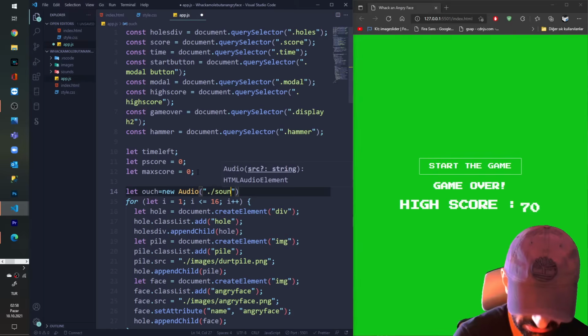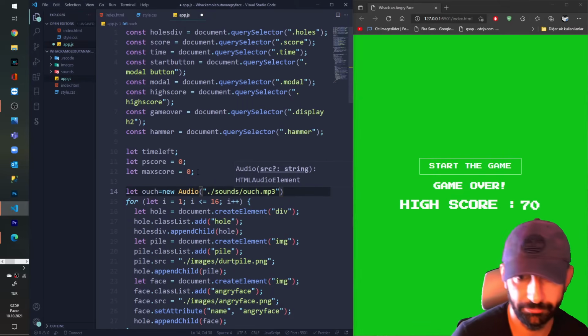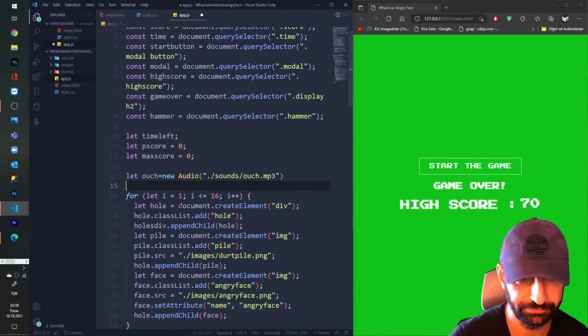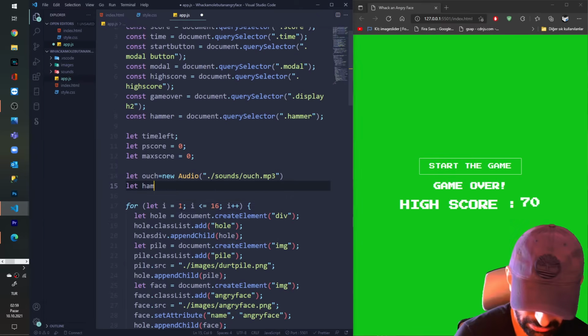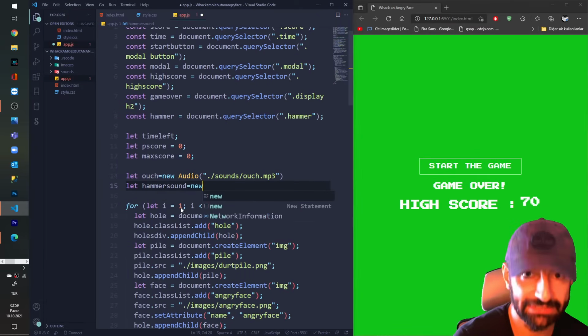I say sounds MP3, and for my axe also, hammer sound. Axe, oh my god, no axe, hammer.